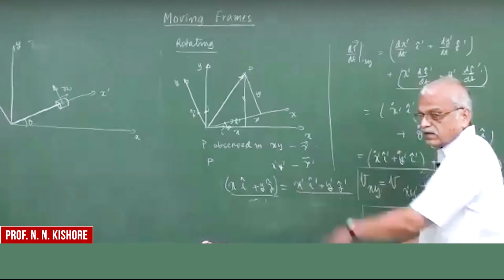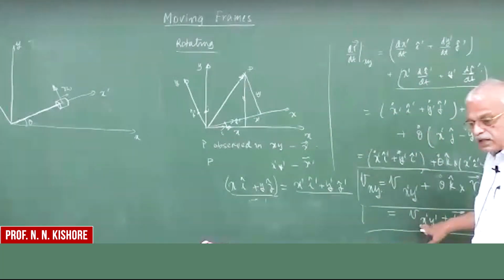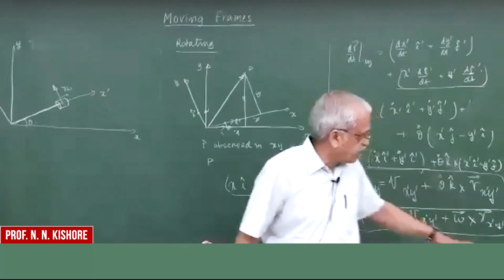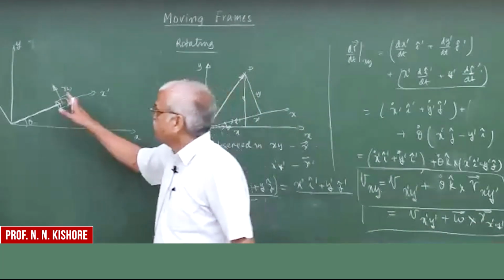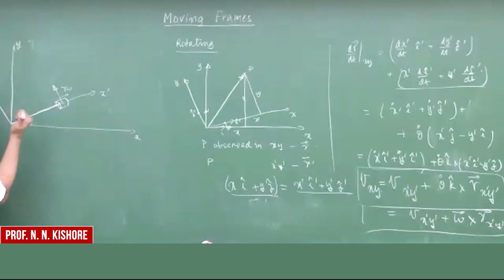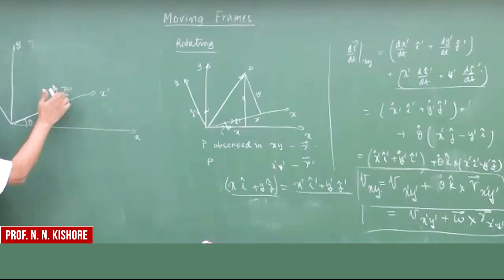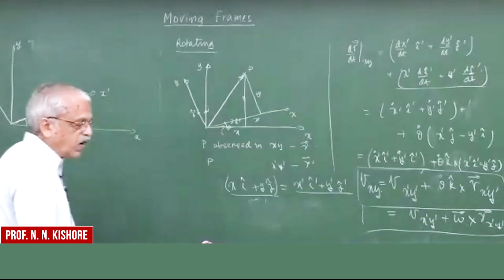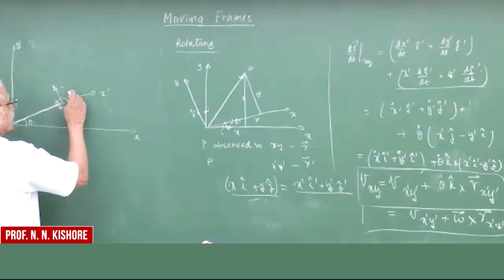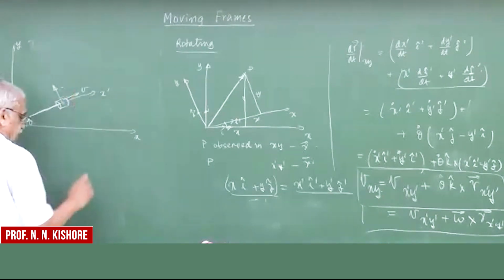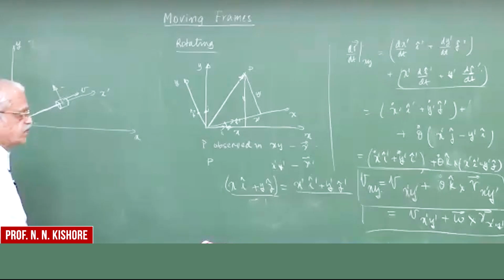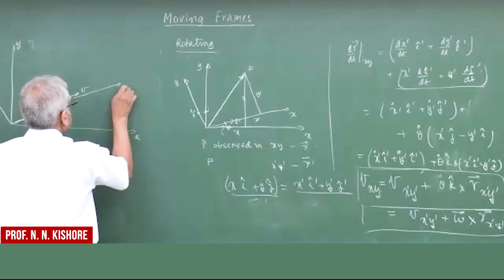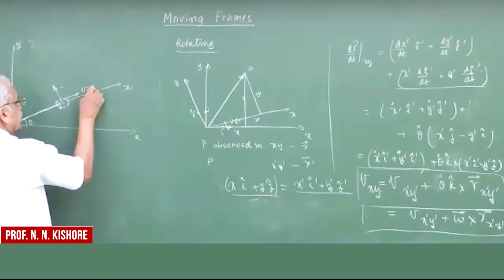So in that simple example, in the rotating frame he will not see any velocity. However, this is the rotational component, omega cross r. If this is r and this is omega, omega cross r is nothing but this velocity here. On the other hand, if you think that this point is moving with a certain velocity as far as the rotating frame is concerned, which we call x prime y prime,